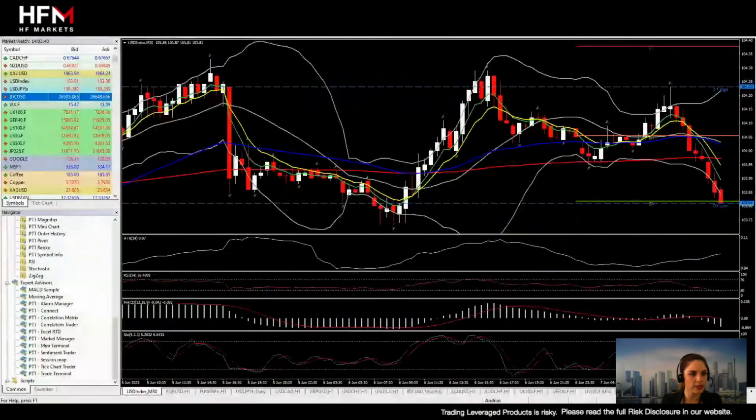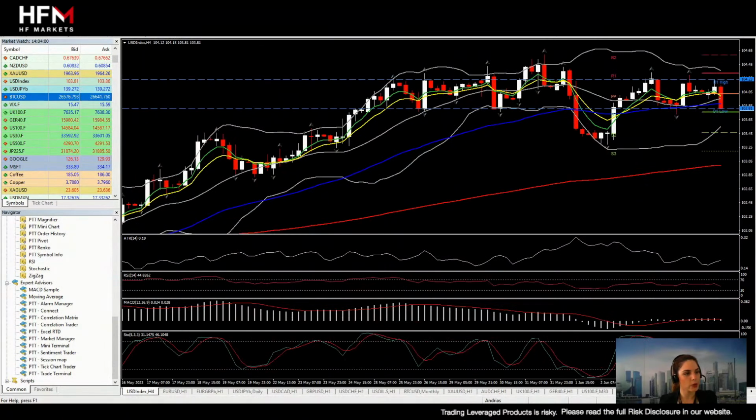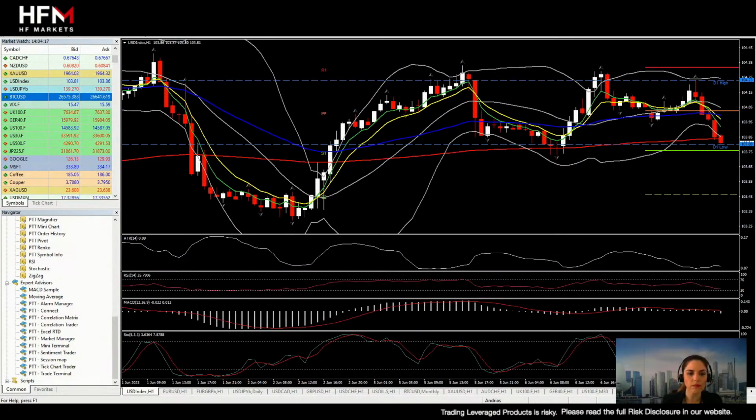I will start with the dollar. It's a 30-minute chart, just to brief you a bit about what's going on around. So we have seen the dollar correcting, or a pullback away from the 104 territory once again, rejecting the highs that we have seen in May and so far in June, and reversing below 104, and currently settling a bit at 103.80, just a breath away from the first support of the day.